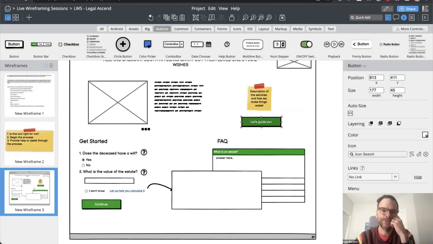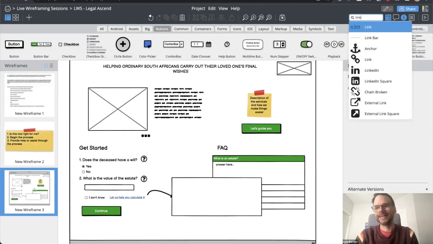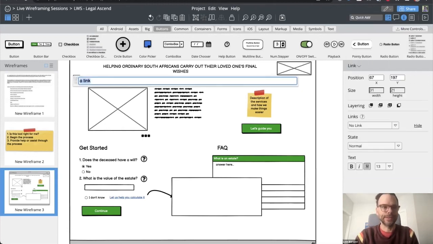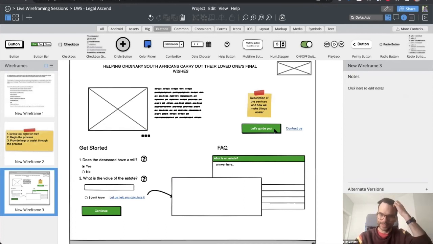I don't think you should have two call to actions, because if you have two, there should be a really good reason for it. So maybe you have an auction site, and it's I want to buy versus I want to sell, and you have two clear divisions. If you have a second call to action, it should be not as prominent. Or maybe your second call to action is contact us or something. So maybe once you have it laid out visually, it would be something more like this.